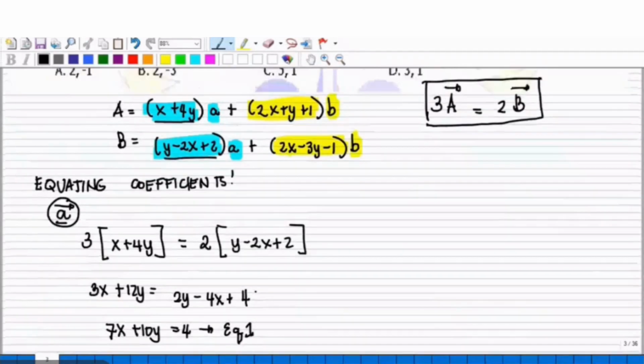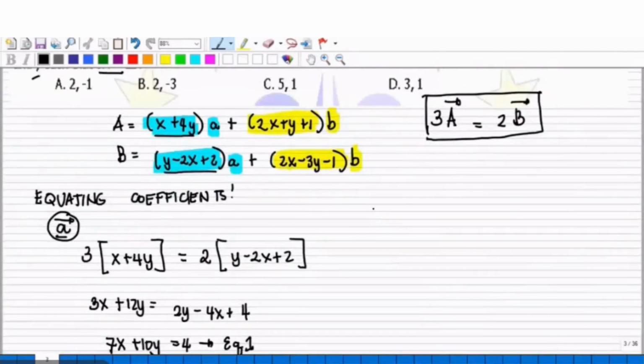Okay? Same procedure yung gagawin natin dito sa equating coefficients for B. Okay? So, take note po, ito po yung ating general working equation. Okay? So, unahin natin yung ating vector A. So, this is 3 times A. Okay? So, 3 times yung vector A. Kunin lang natin yung coefficients ng B. Okay? So, that is 2x plus y plus 1 is equal to,